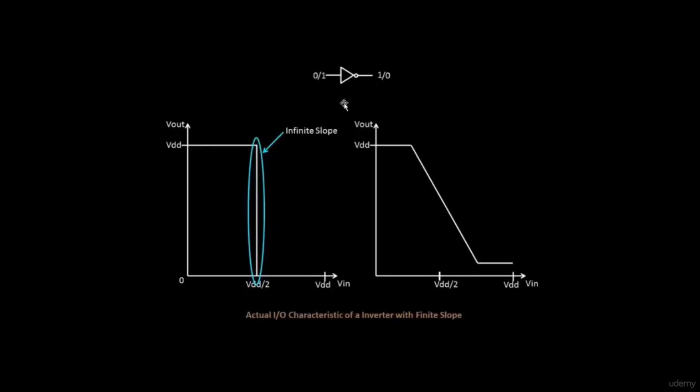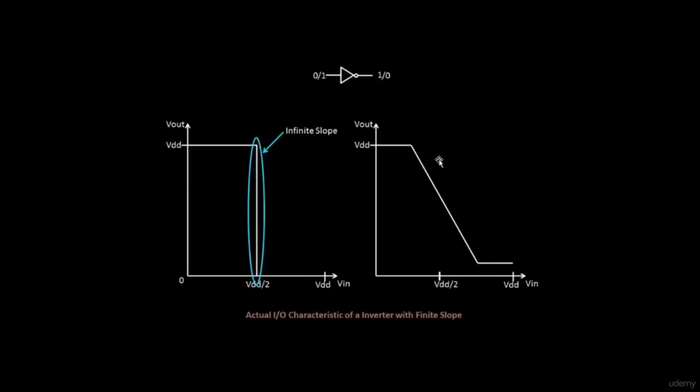This is because you have some finite value of resistances and capacitances, and hence the output will take some time to move down from VDD to zero voltage. It won't exactly go to zero voltage, again because of the practical scenarios of the NMOS and PMOS. So it won't drop exactly to zero, but somewhere around zero. Let's take this as an example and try to infer some things.